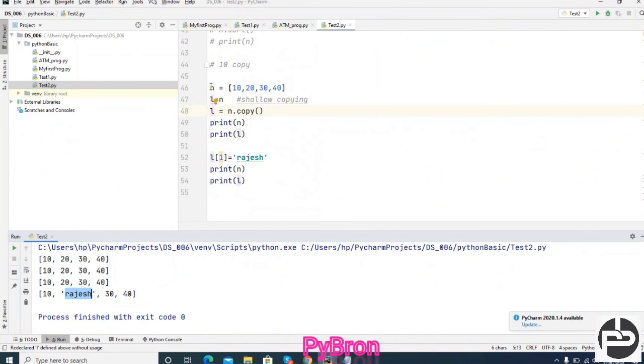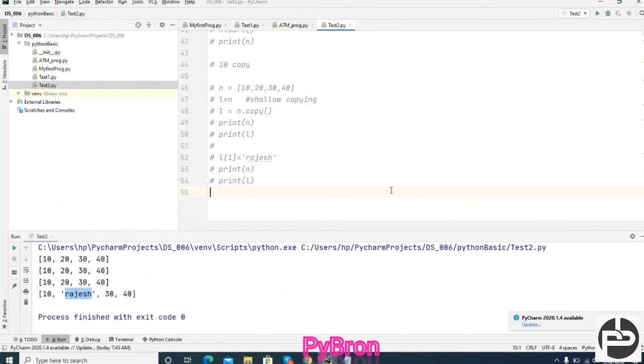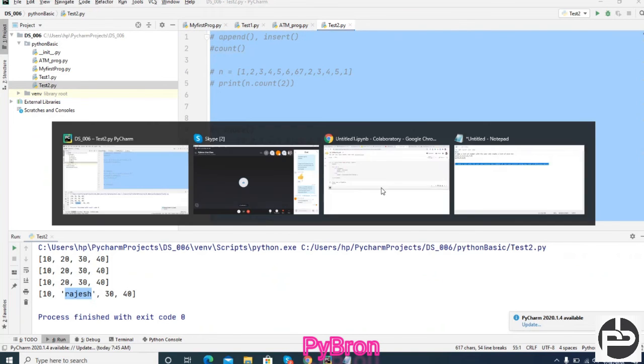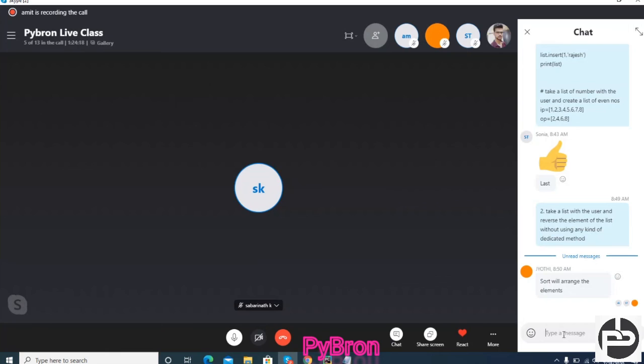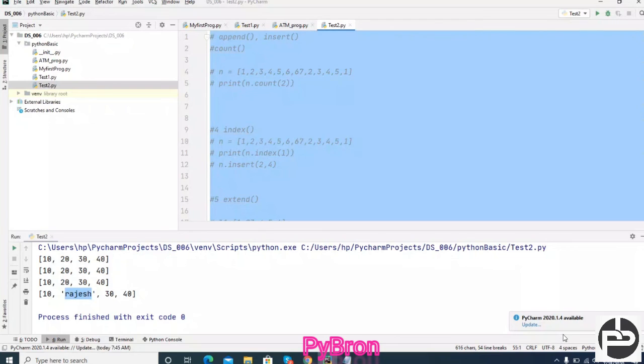And apart from that, there are comparison operators also, like greater than, less than, equal to, more than or equal to, that is also done. Okay, let me pass this code to you guys, so it will be helpful for you. Please do the practice, it will make sense. Membership I already discussed.